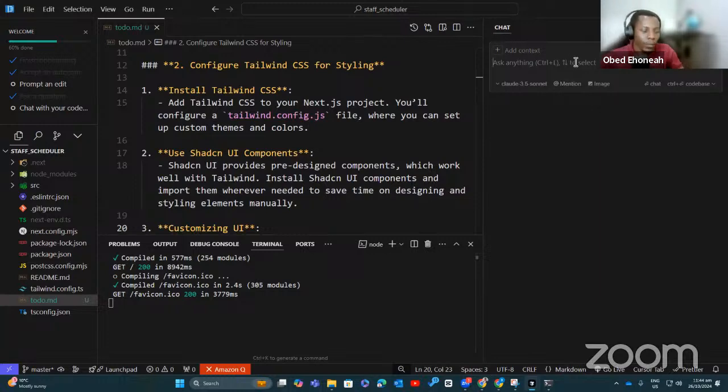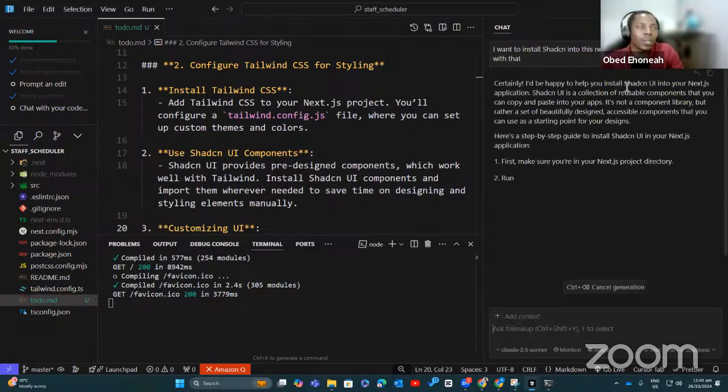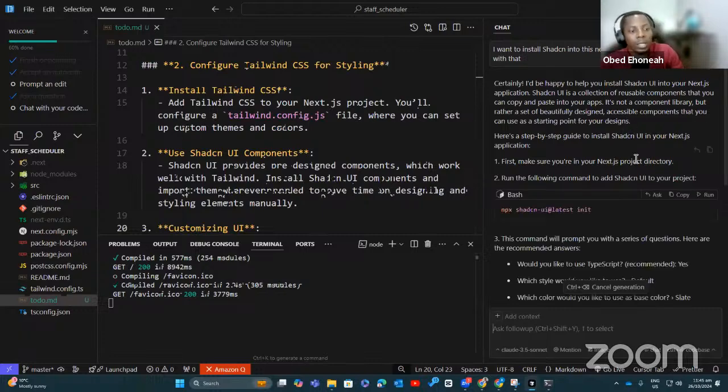Okay. Say I want to install shadcn into this Next.js application. Can you help me with that? You chat with it just as you would have chatted with ChatGPT.